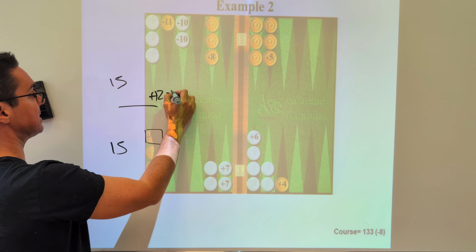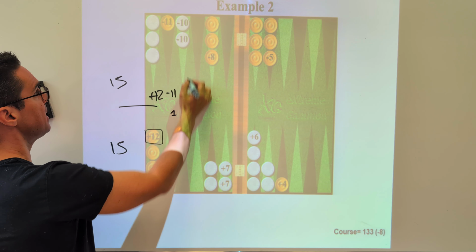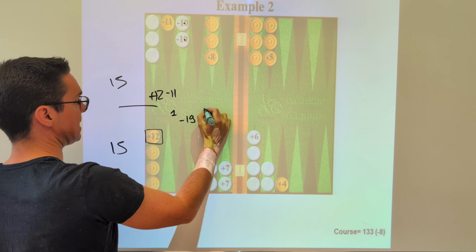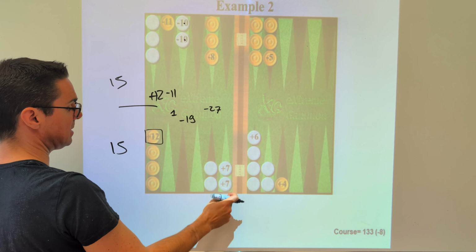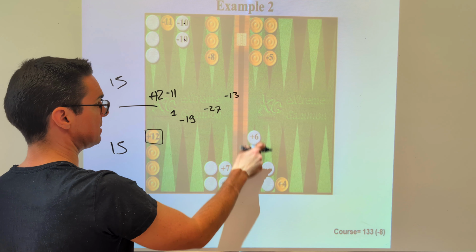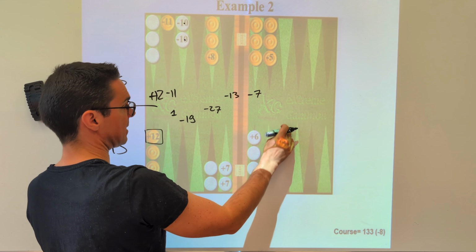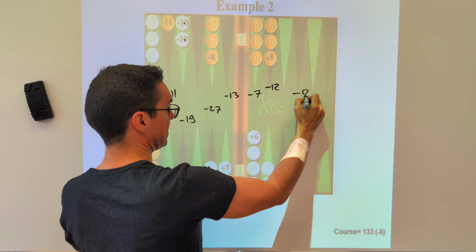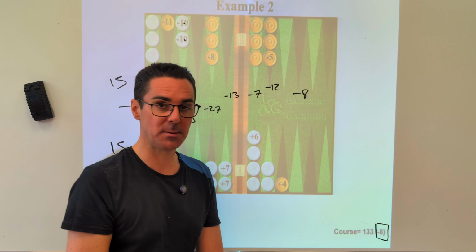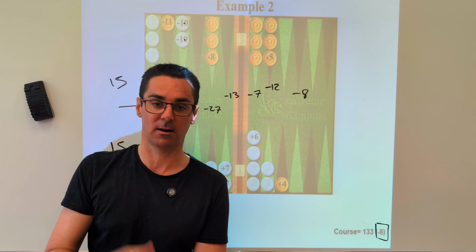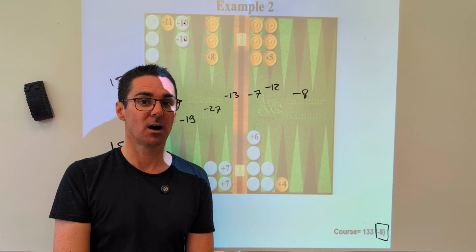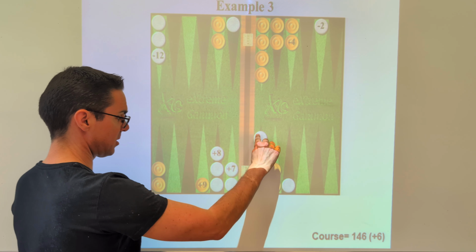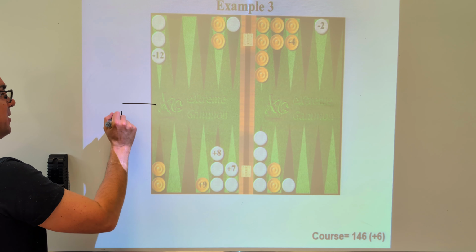Plus 12 minus 11 is 1, minus 20 is minus 19, minus 8 is minus 17, minus 17 plus 14 is minus 3, minus 3 plus 6 is minus 7, minus 7 minus 5 is minus 12, minus 12 plus 4 is minus 8. You have a pip count deficit of minus 8, you have a late of minus 8, and you are in advance of 8 pips. Another example, you have here 5 checkers, 5 checkers, 5 checkers, you have 15 checkers here